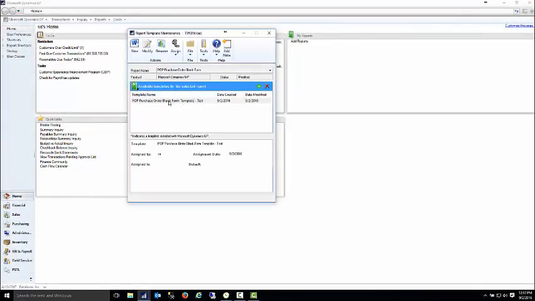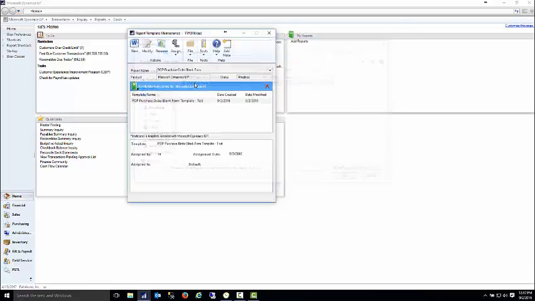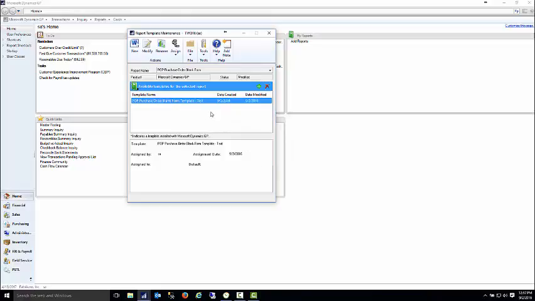And then what you do after you've made it, you click on this area here. Click on the form that you want to make a change to. Click the plus sign, and then browse out to find your file. And then it's going to give you this message: the template you're adding already exists in the database. Would you like to replace the existing template? And you click yes. And now you have created this template with your modifications, and now it's ready to be